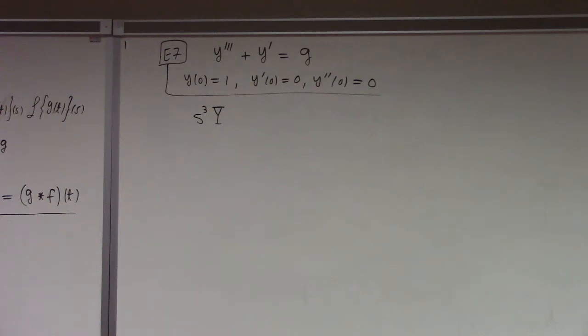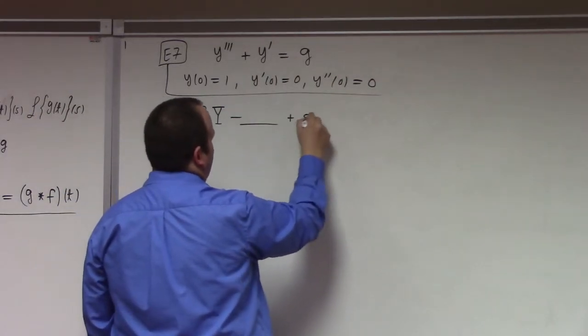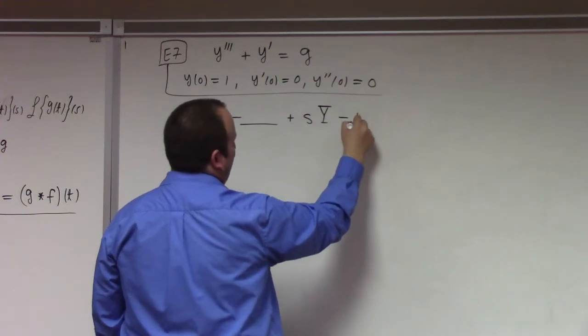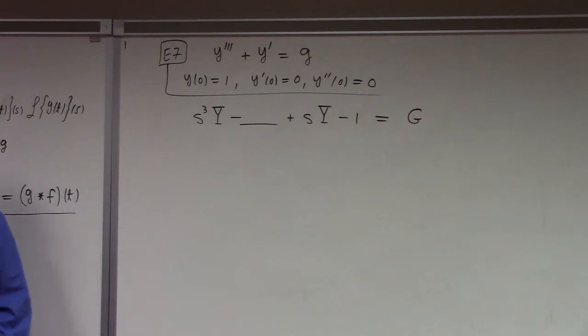What's the derivative theorem say I should subtract from that? Minus something, you guys tell me. Plus s times big Y. I'll do the easy part, minus 1, equals big G. So what goes there? Fill in the blank for me. There's an s squared, I think it's s squared. Yeah, so we subtract s squared